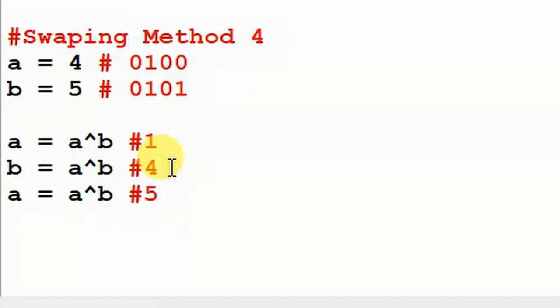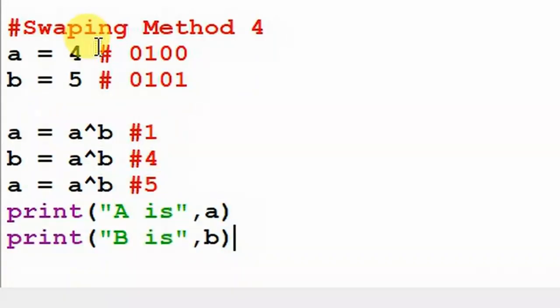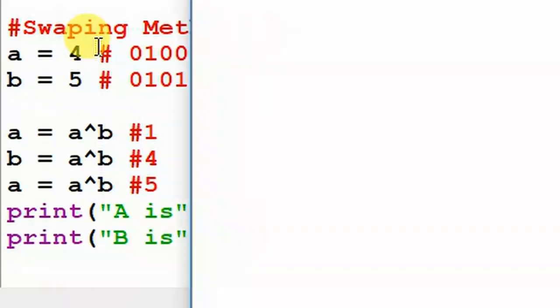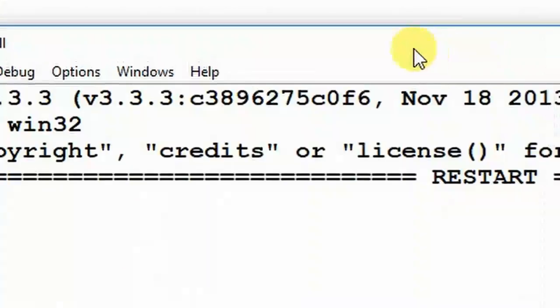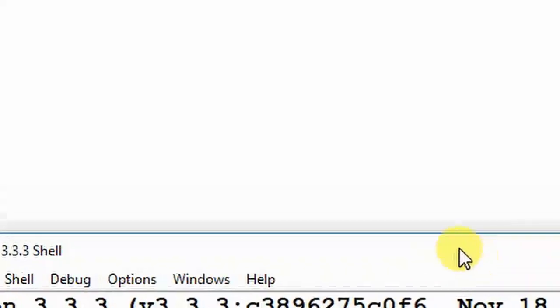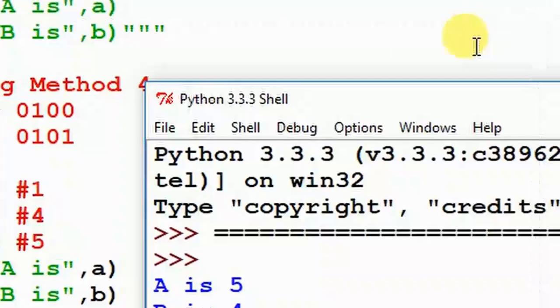So finally I print all the variables. Print, I save this code. Finally I print this variable and run this. This code is run. The values are swapped in this method 4.